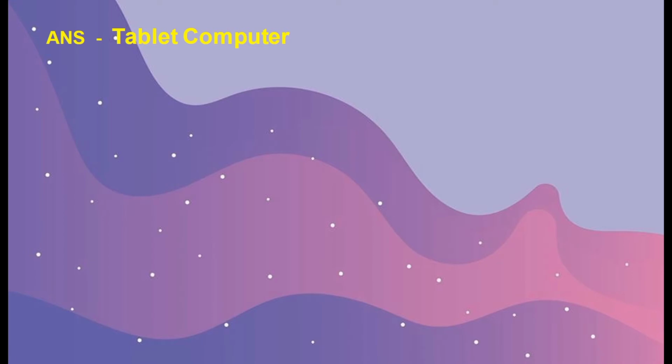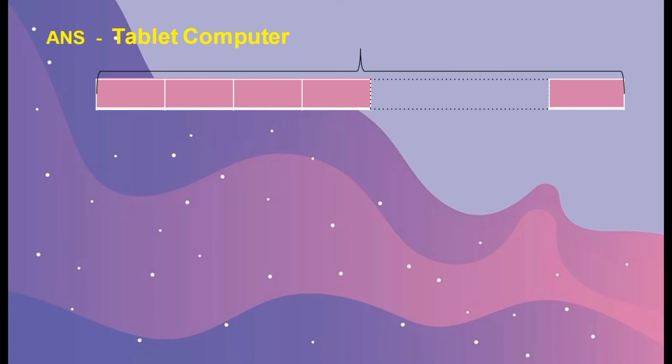Now in the question it is given about the tablet computer. So how many tablets are there? 12 tablet computers. So with the help of the bar model you have to draw 12 units. 1, 2, 3, like this you will draw up to 12. Like this also you can show it. After that, what do you have to find? This is the question mark I have given. That is the total weight of the 12 tablet computers. This you have to find.